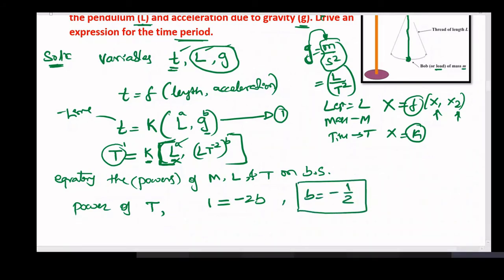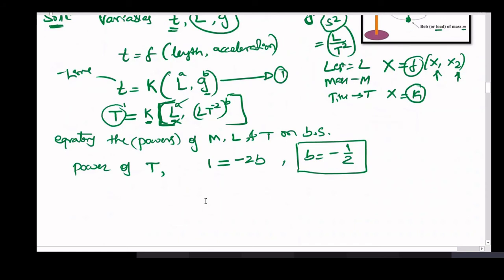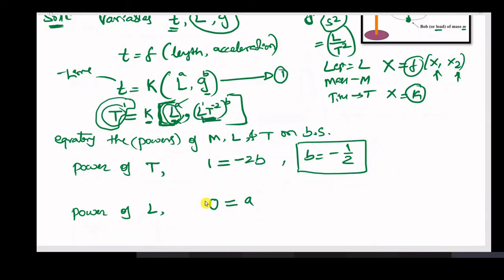This is the value. So next, I will compare the power of L. Are there any dimensions related to length here? No. So take the left hand side as 0 because there is no length. K, leave it as it is, a constant. In the term with power a, there is an L dimension, and the power of L is only 1, so 1 into a. In the second variable, L is there, but the power is 1, so 1 into b, which is b. So a plus b is equal to 0.